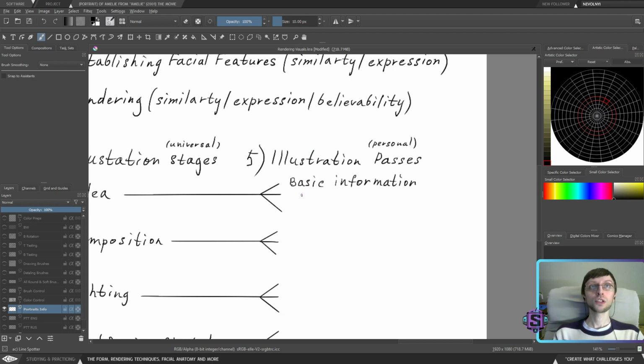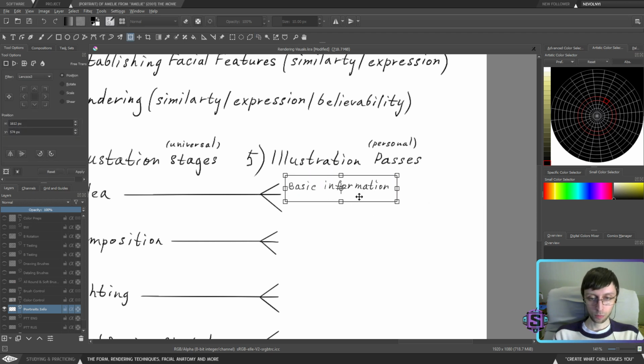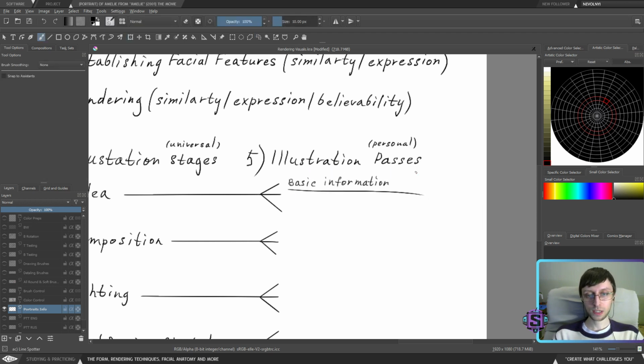Then we will go into the basic idea sketch, when we will try to put this basic information and create some type of a sketch from it.